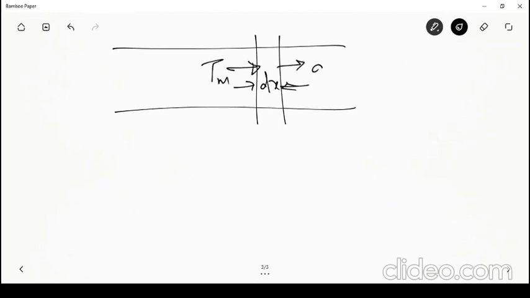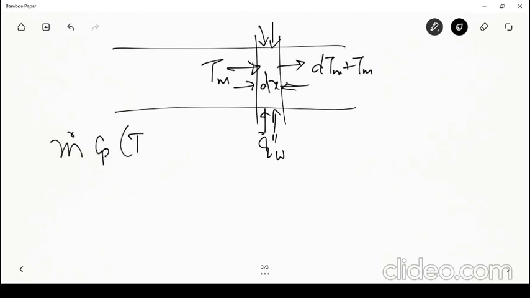Okay, then suppose this is Tm at the inlet, and at the outlet it is dTm plus Tm, the temperature at the outlet of this. Then suppose a certain amount of heat flux q dot double prime has entered at the wall. So the energy balance would basically say that m dot Cp into (Tm plus dTm